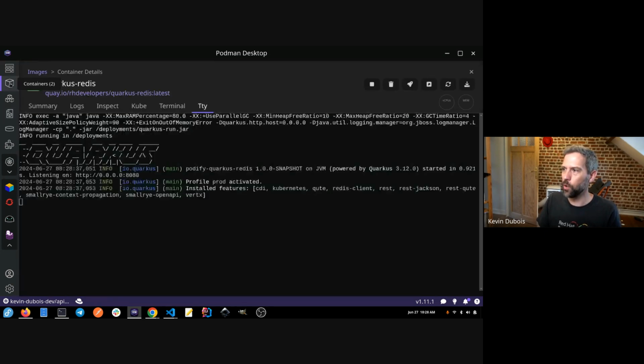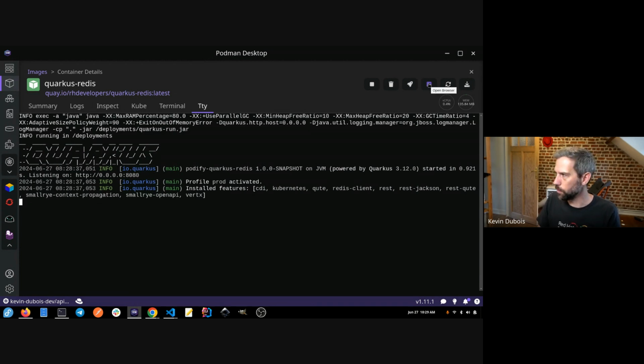Okay, now we go and see that our Quarkus application has started up correctly in less than a second, running on the JVM. So that's not too bad. Now I'm probably going to have an issue though. So let's take a look and see how this application is going. So here in the top right, there's an open browser. Based on the port that's exposed, it knows that on your localhost it should be running on the